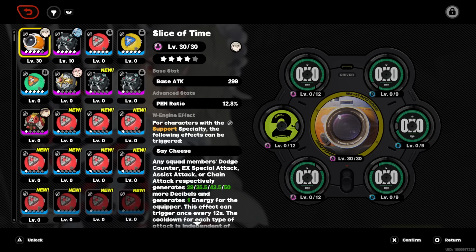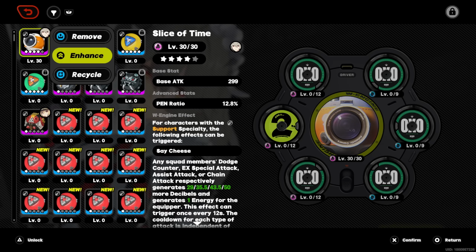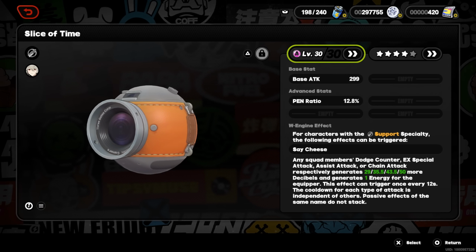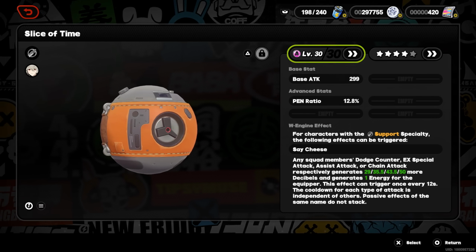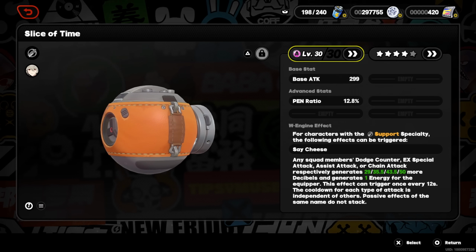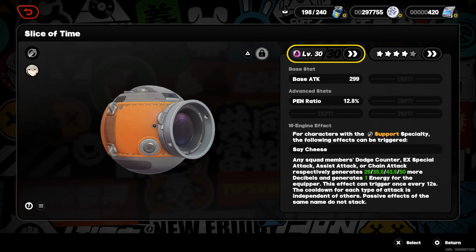You have to look at the weapon, right? Some weapons just don't do this. I'm running Slice of Time right now, and let's read what it does. It still gives me the penetration ratio, which I love. But then it says any squad member's dodge counter, EX special attack, assist attack, or chain attack respectively generates X amount. So right now it's 29 more decibels, which are your ultimate meter, and generates 1 energy for the equipper,